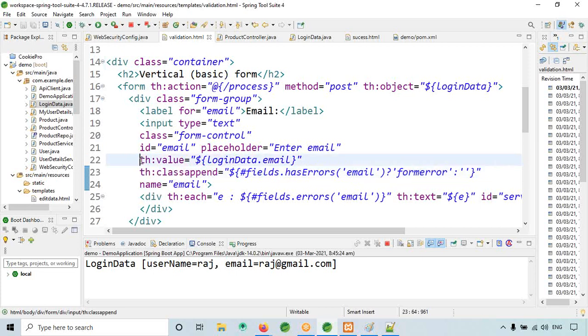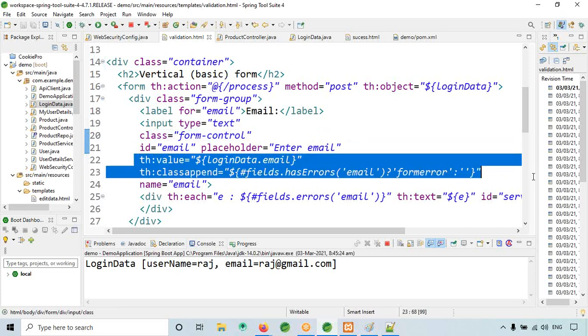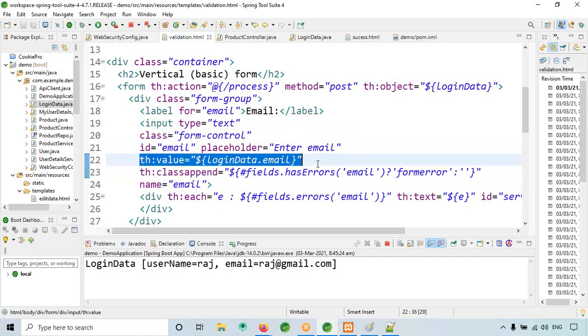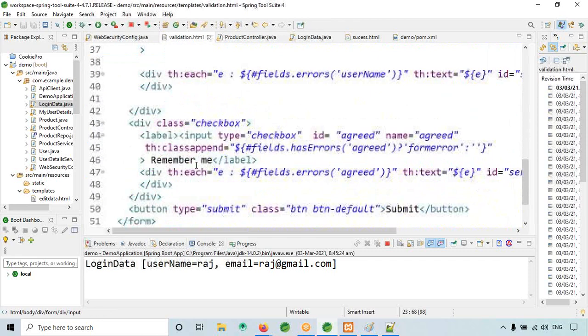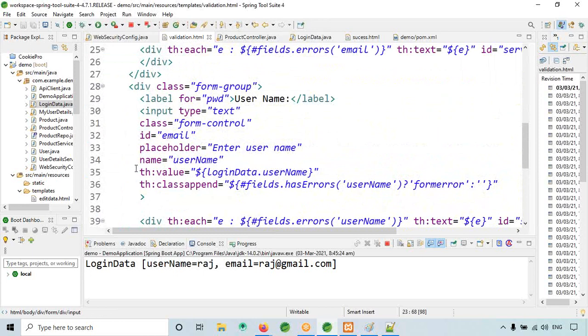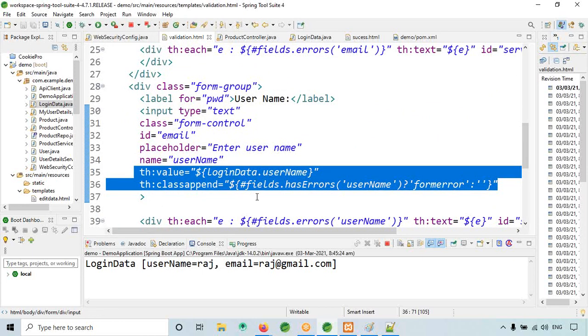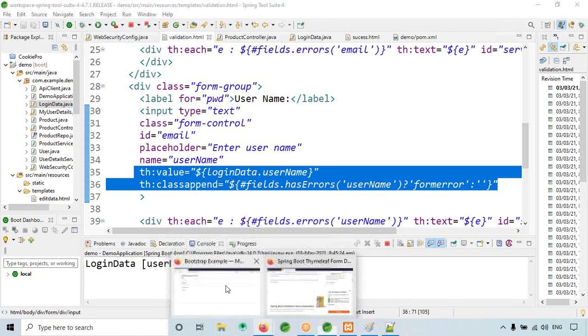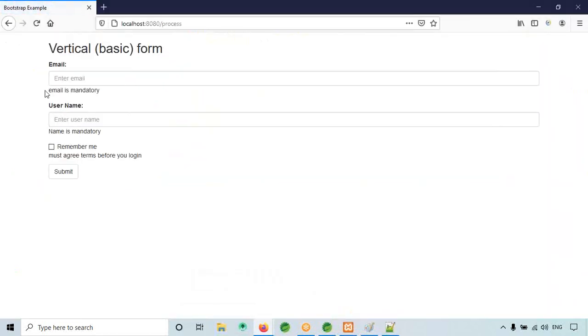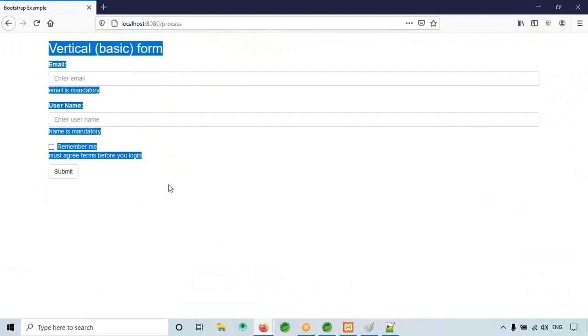This is for Thymeleaf. You don't need to remember this, it's available on the internet. Just paste these things. It will catch the error and print it. Below here it will print when you click, email is mandatory, name is mandatory, must agree before you log in. So this is basically server side validation.